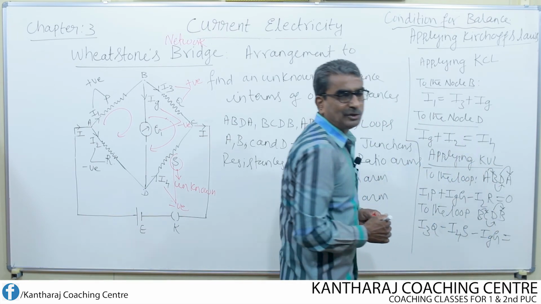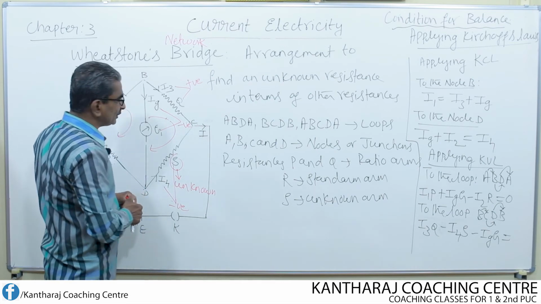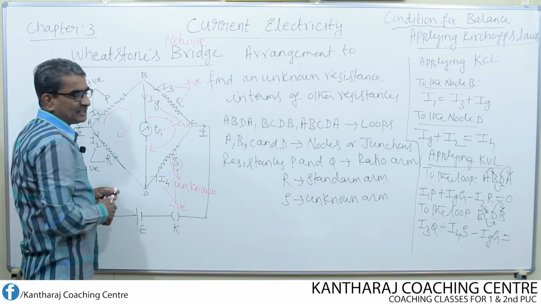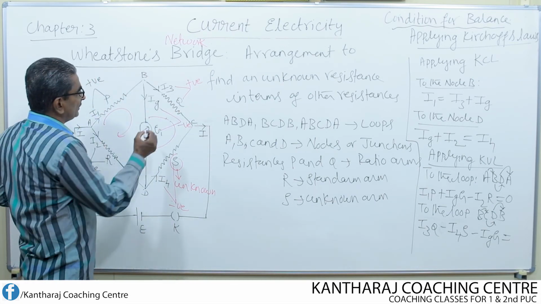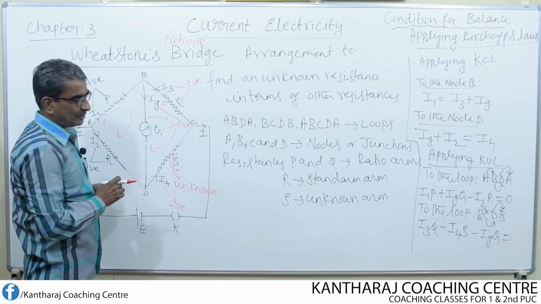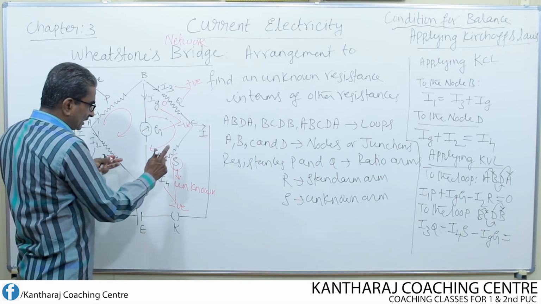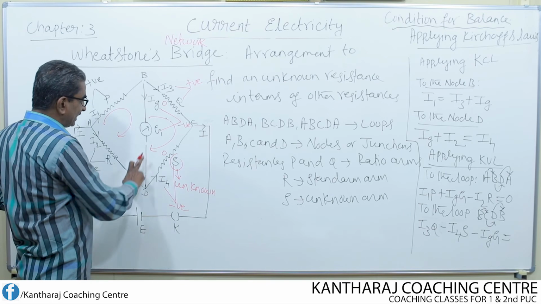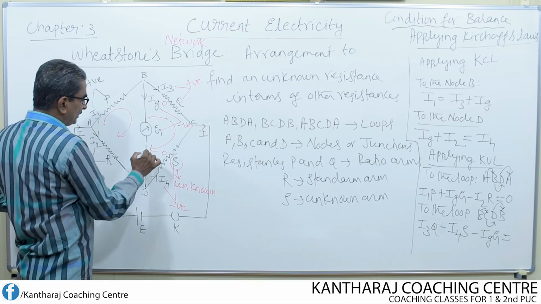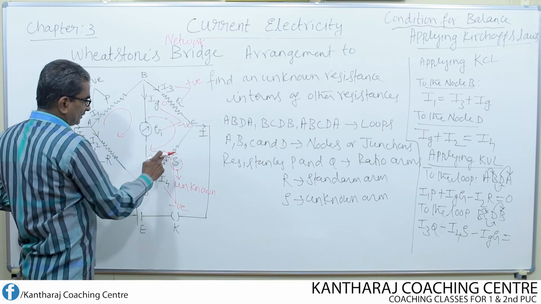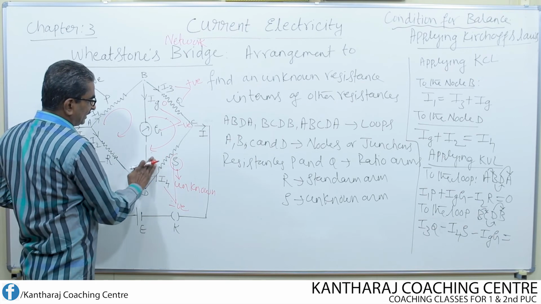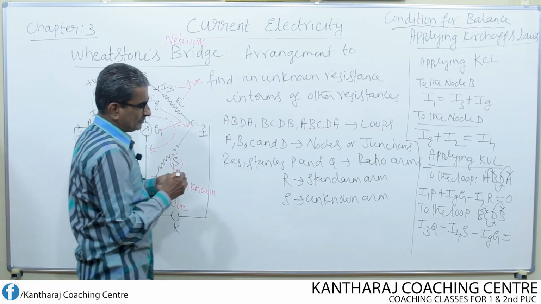This should be equal to EMF. What is the total EMF? Along this branch, there is no cell. Therefore, no EMF. It is 0. All along this branch, no cell, EMF is 0. Once again, along this branch, no cell, EMF is 0. 0 plus 0 plus 0 is once again equal to 0.